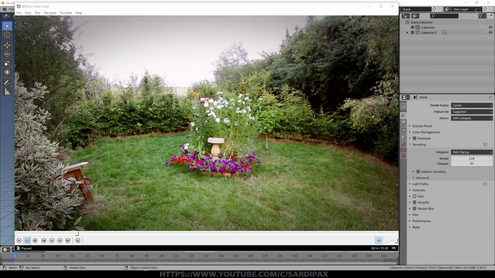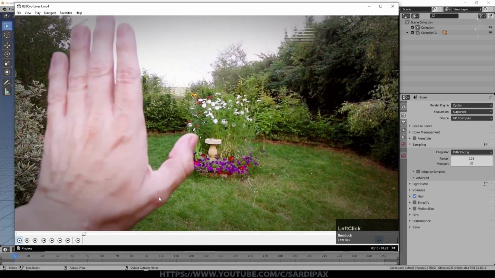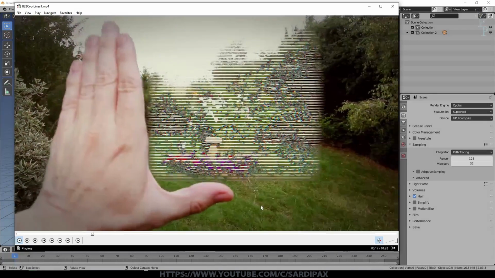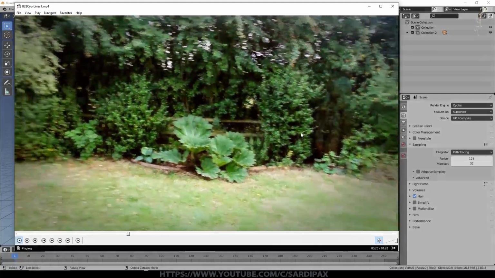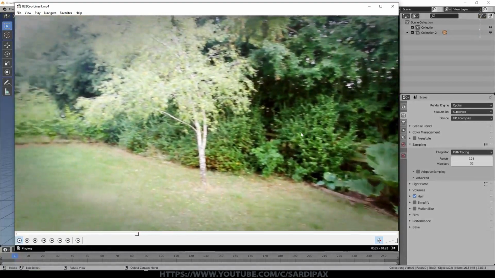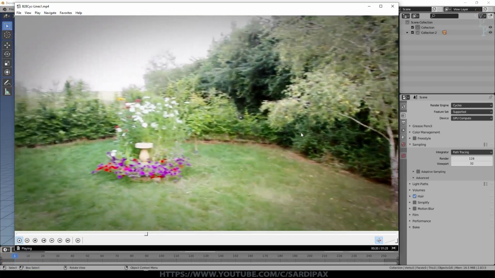Hi there. In this tutorial I'm going to demonstrate a few simple techniques to create an effect something like this. There's two things going on here. One is creating this sort of scanner effect where you can see the video is being distorted slightly, and in fact the video is distorting these lines. And then the other one is just tracking it in a very simple way to the hand that comes up.